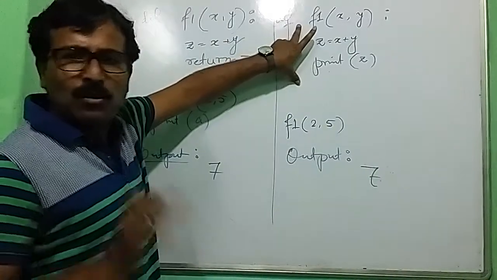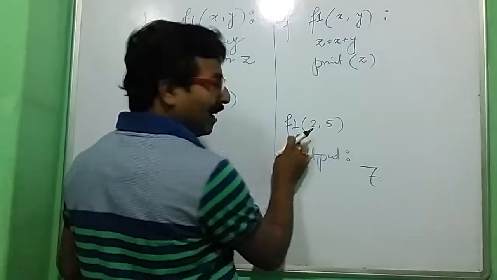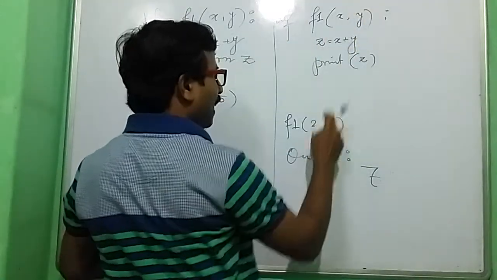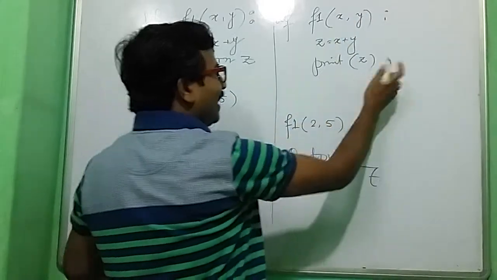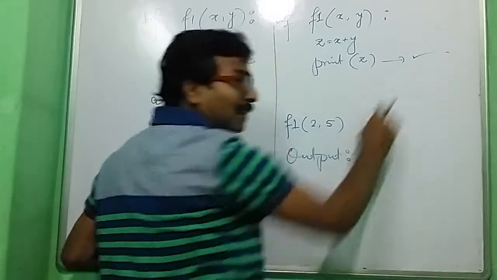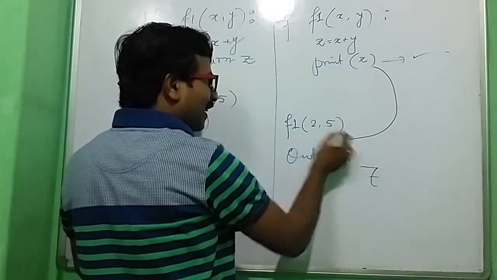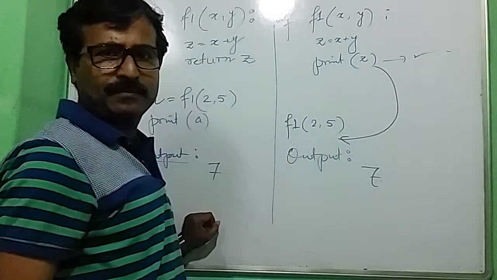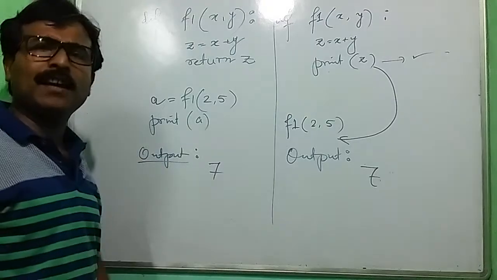Now that too you all can easily understand. What happens is that whenever I am calling this, 2 is copied to x and 5 is copied to y, and z is calculated as x plus y, and z is displayed here. After the value is displayed, the control comes back to the next line of the function calling that we have seen just now also. But what happens over here?